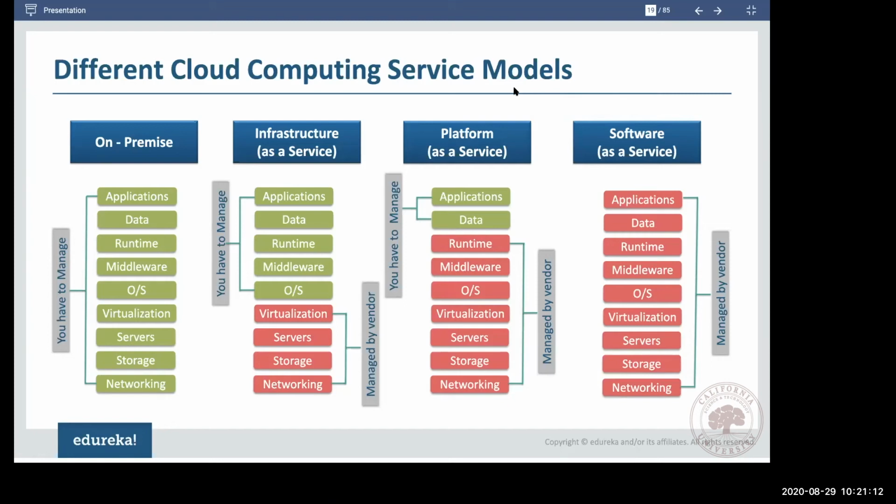So you have your infrastructure as a service, platform as a service, and software as a service. So you see when you go from one to the other,